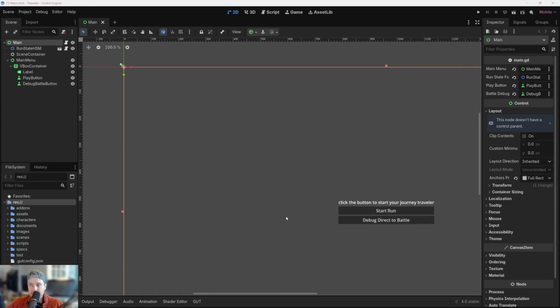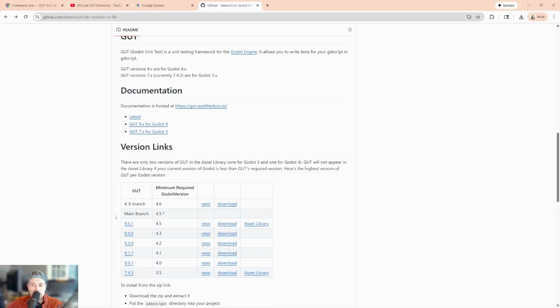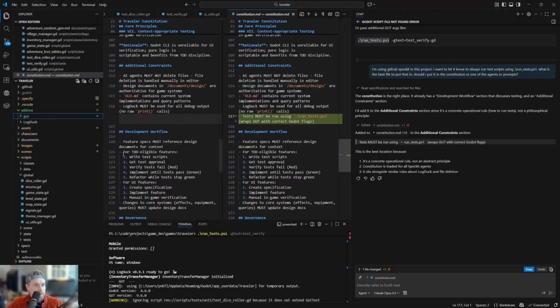One thing I didn't pay attention to the first time I did this was I was running Godot 4.4 and I grabbed the latest one, and there were some issues with that. So it's important to actually grab the one that fits with your version. If you are running 4.4, for example, you would want to grab this one as the minimum version that you need. So we got that, we turned it on, and then I created